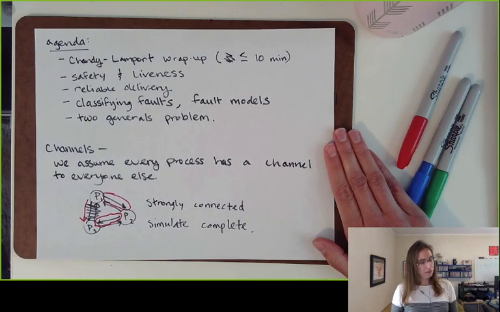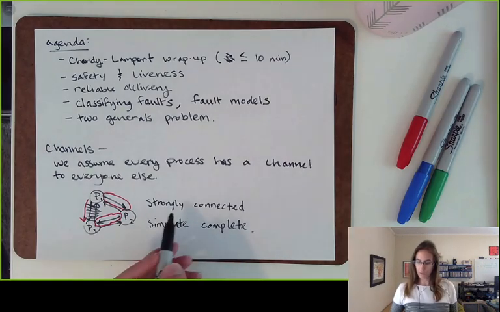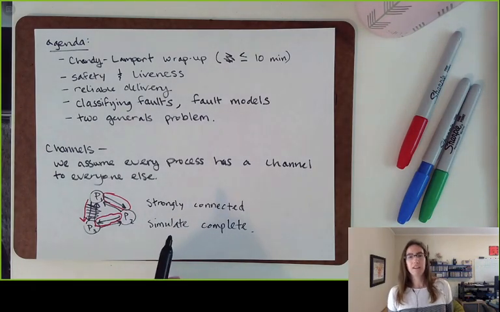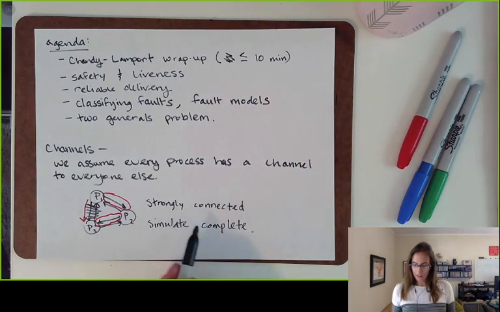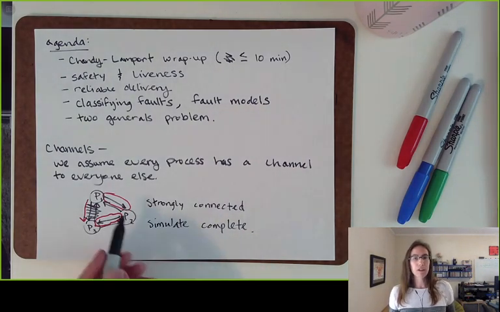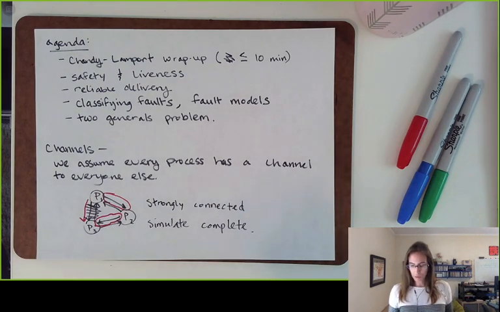So this needs to be the case in order for the algorithm to work. Chandy and Lamport say in their paper, if the communication graph is strongly connected, then we know that everybody, assuming reliable delivery, is going to record their state, because everybody's going to get a marker message sooner or later.